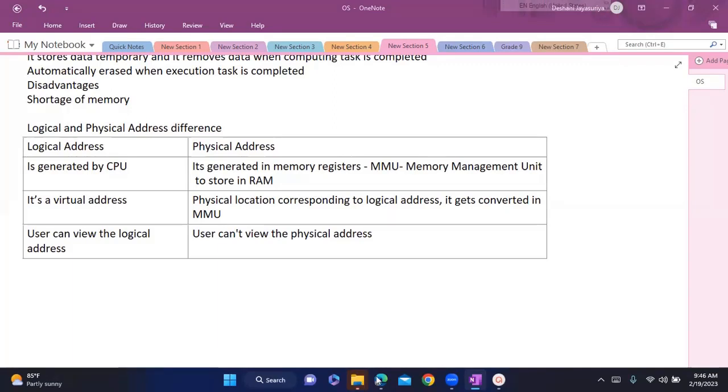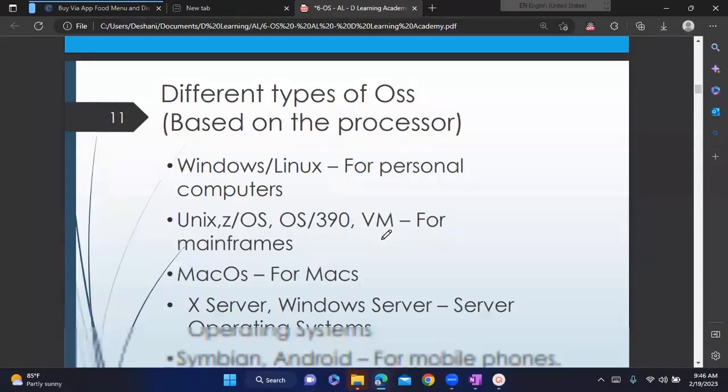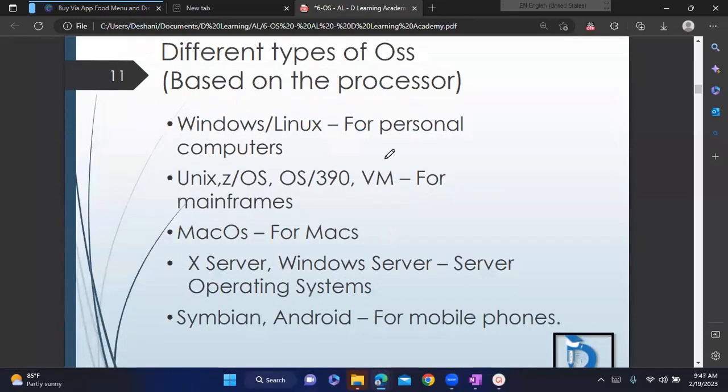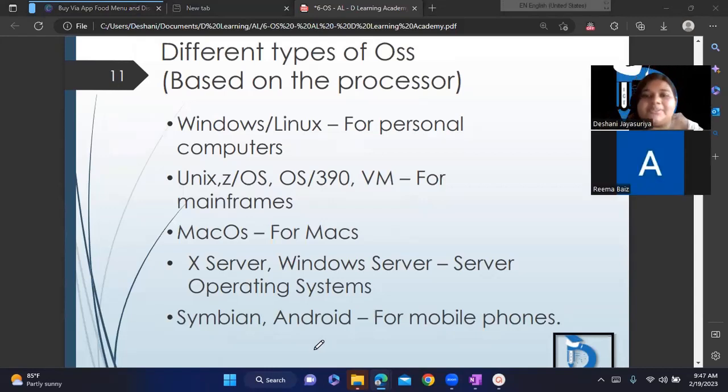Okay, then we'll go to the next part. Different types of operating systems. When it comes to operating systems, there are some things that you have to know. Here, if you can see, Microsoft Windows, Linux, those are